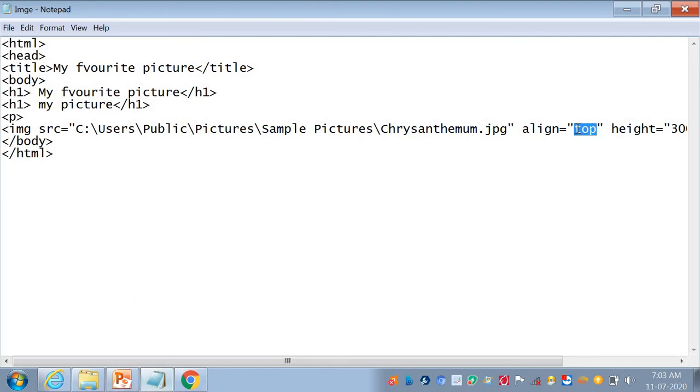Here I am using align is equal to right. Then I save my file.